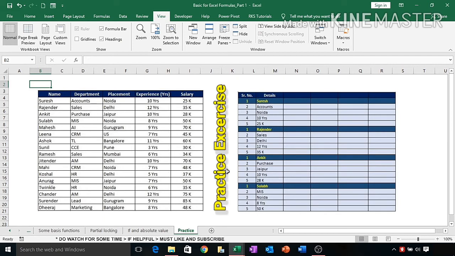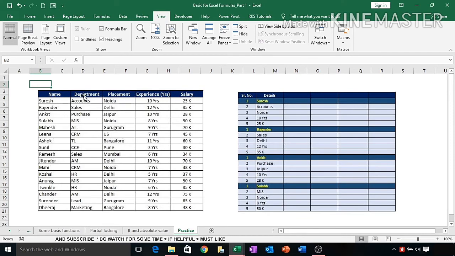Today we wish to give you something for practice. It will be helpful when you are giving an interview or applying for any job. Different parts of it can be asked as a question in your interview. Nowadays there is a trend of removing employees from different organizations, and HR has thousands of employees' data. We have picked only a few employees' data here, and they want to convert this data into this format.